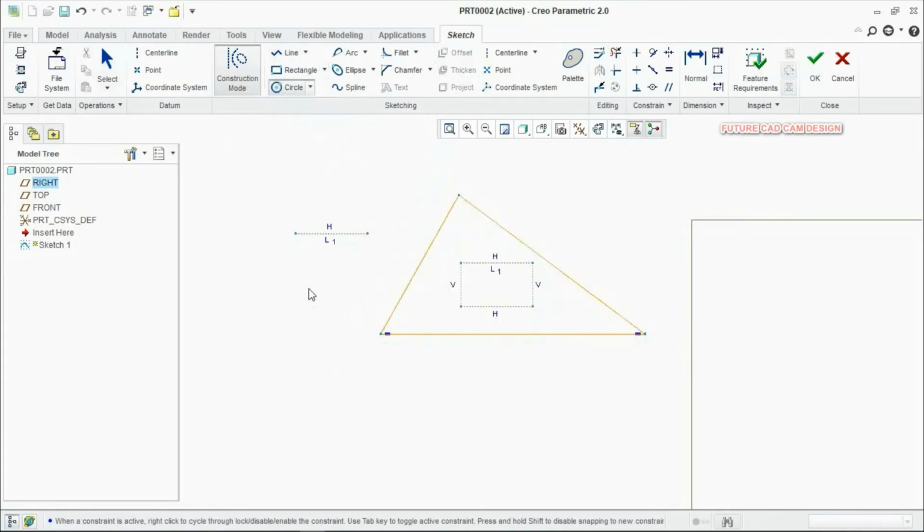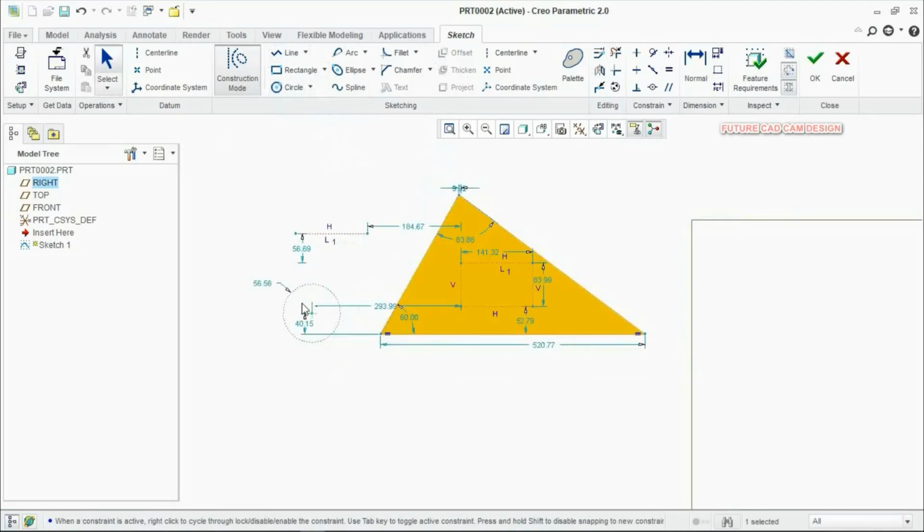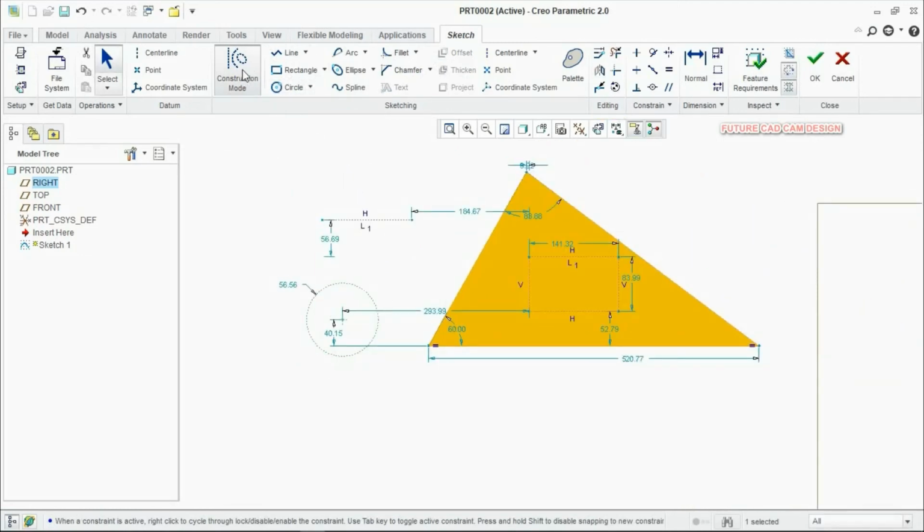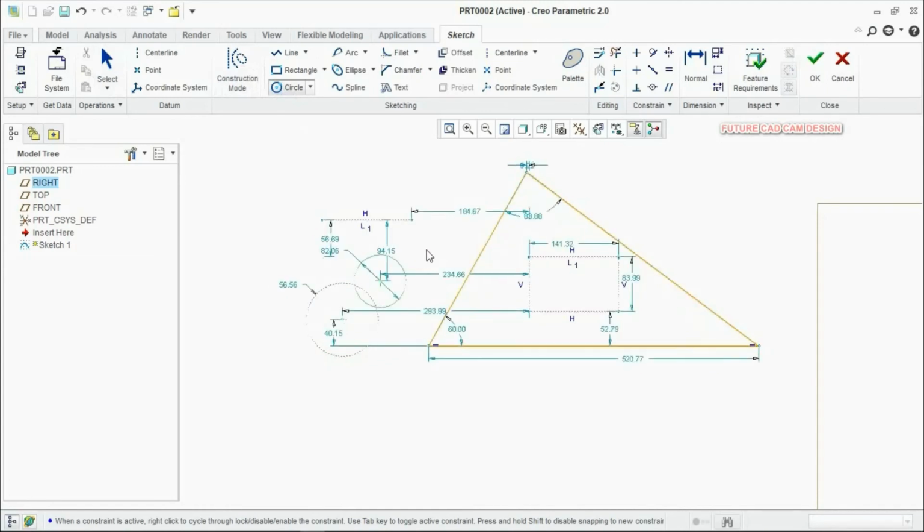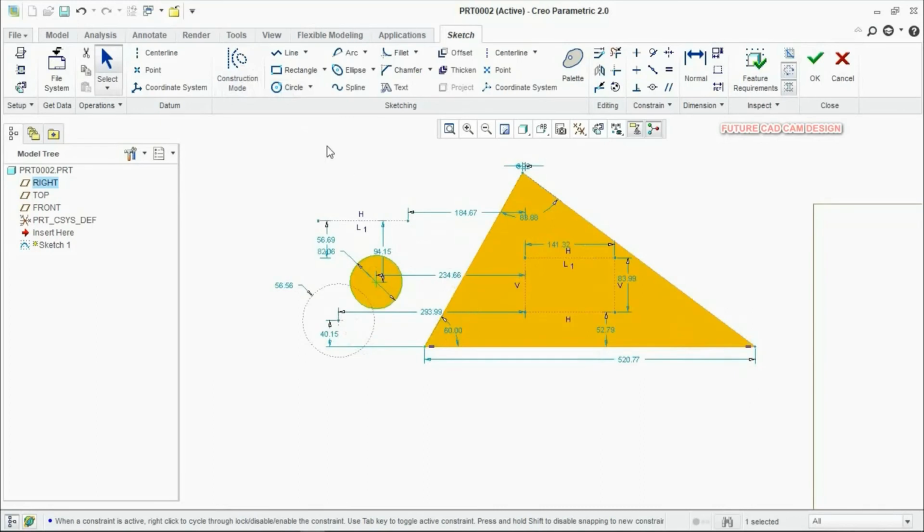Even if I am creating a circle, only a reference circle will be created. So if you switch off this one, then you can create a normal sketch like this. So sketch tool finished, editing finished, and here you can come to dimensions.